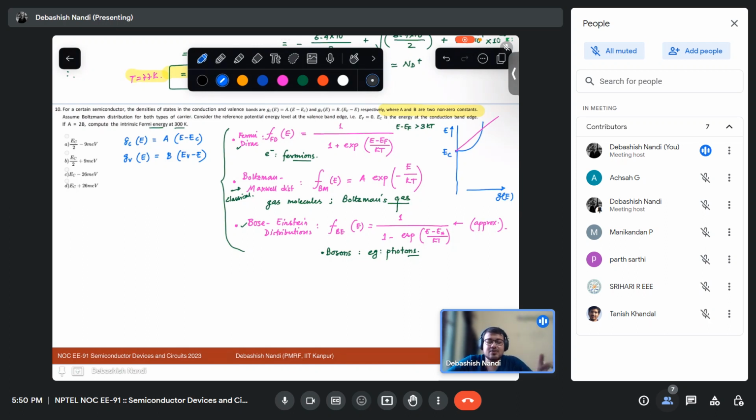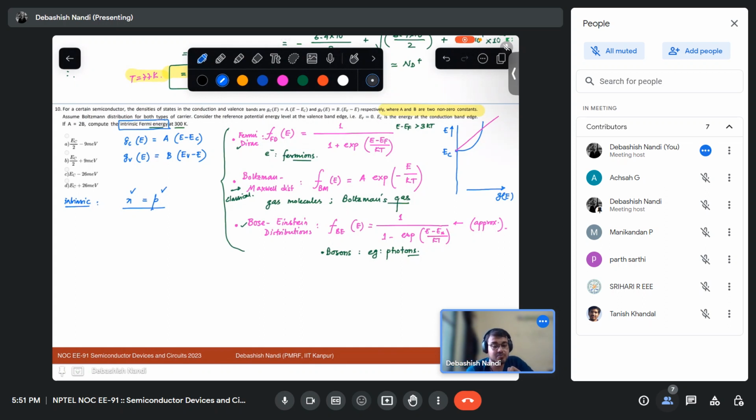So what kinds of doping do you have? N type or P type? For N type, the number of electrons is more than holes. For P type, the number of holes is more than electrons. So what is intrinsic? The concentration of electrons is equal to the concentration of holes. Exactly. That is the basic definition. So now I need to find these two quantities, because I was asked to find the intrinsic Fermi energy.